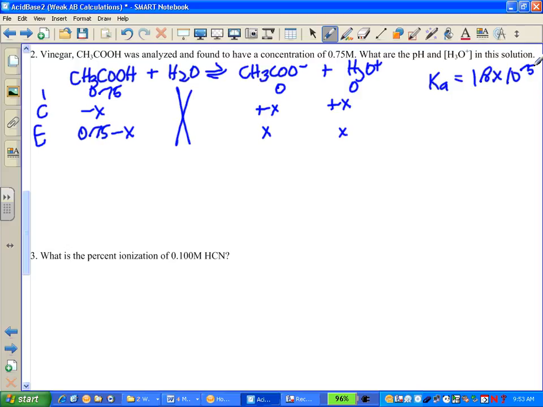Now, the other really nice thing about solving acid-base equilibrium problems is that the Ka values are often quite small. So it's very, very rare that you would need to do much math in order to solve them. We're going to be able to make the assumption. In this case, because it's small, I can assume that this is approximately equal to 0.75. So I've got x squared over 0.75 is equal to 1.8 times 10 to the negative 5. So when I solve, I've got